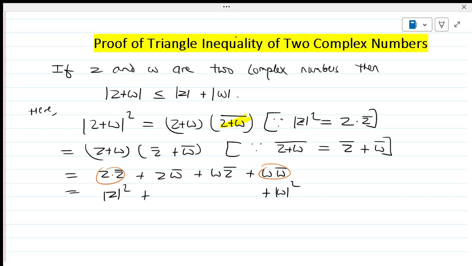And for the other two terms we make this change: z conjugate I keep in front and w I keep at the back for this second one, right? Now this is followed by the property z into z conjugate equal to the square of the absolute value of z,